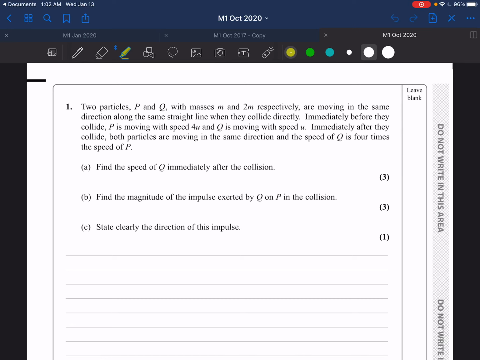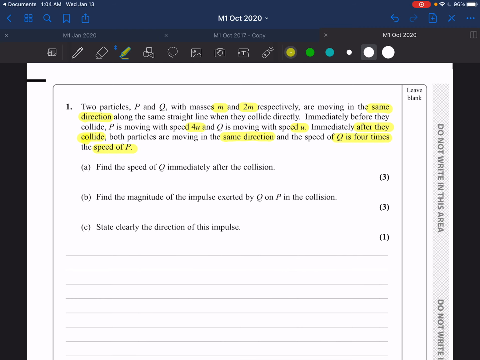Question number 1. Two particles P and Q of mass m and 2m respectively are moving in the same direction along the same straight line when they collide directly. Immediately before they collide, P is moving with speed 4u and Q is moving with speed u. Immediately after they collide, both the particles are moving in the same direction and the speed of Q is 4 times